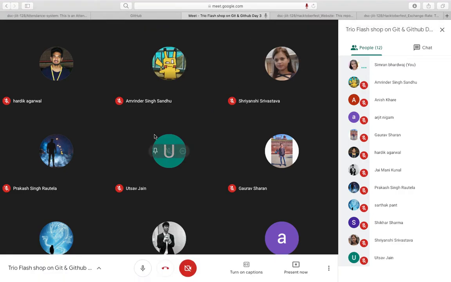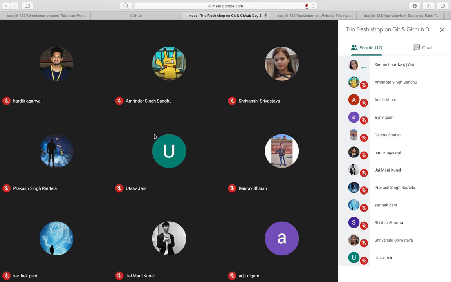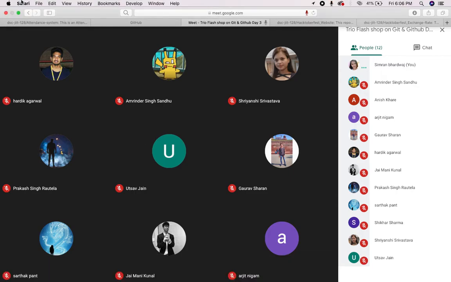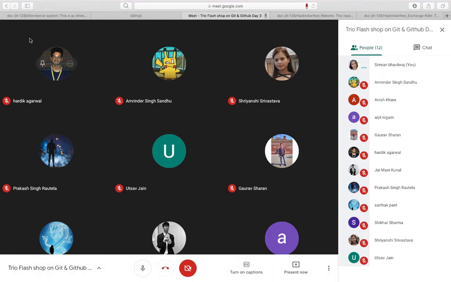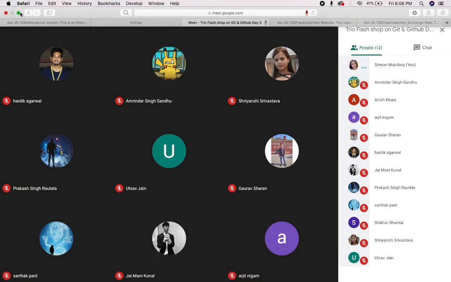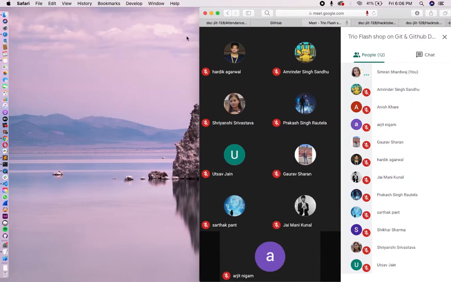So, today we will be learning how to create a pull request. And as we already told you earlier, you can get a free Hacktoberfest t-shirt by just creating 4 pull requests. So, this is going to be super amazing if you will be able to learn this. Okay, so let's get started with this.